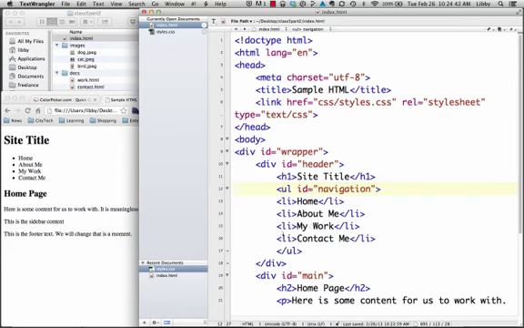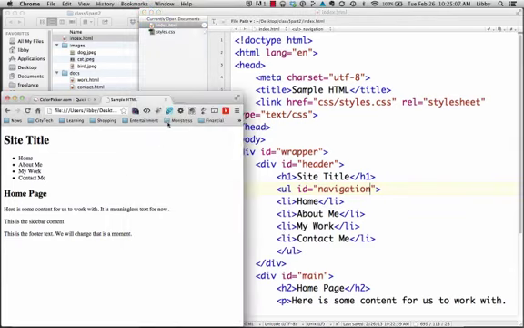So each of these things, they have their name mentioned only once. The ID is used only once per page, so that there's only one unordered list called navigation. There's only one div called header, so that we can write a style that pinpoints that exact element by itself completely. But let's say we look at our page here, we have our navigation, and right